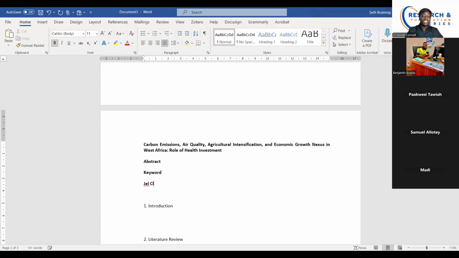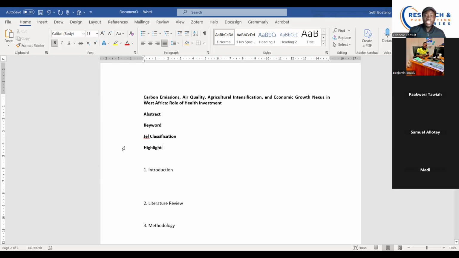And then JEL classification. But this one is not compulsory, the JEL classification, but if you add it, it adds some unique features to your work. So you can do it. So the keywords, you just pick some 5 keywords from your study. And nowadays, they have even added what we call the highlights. But the highlights, you submit it separately. The JEL classification, I think it was developed by the American Economic Association. So they have classified all concepts into codes.